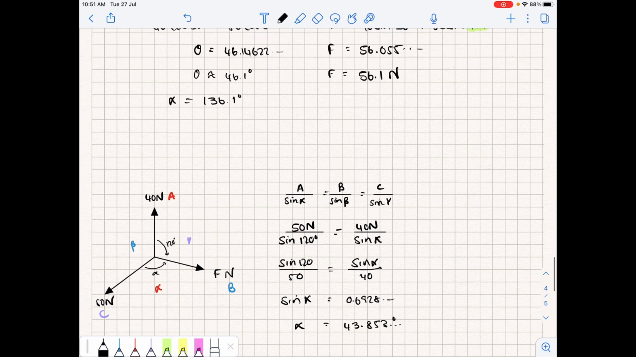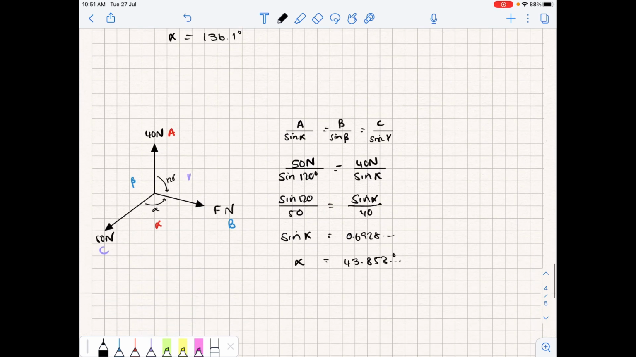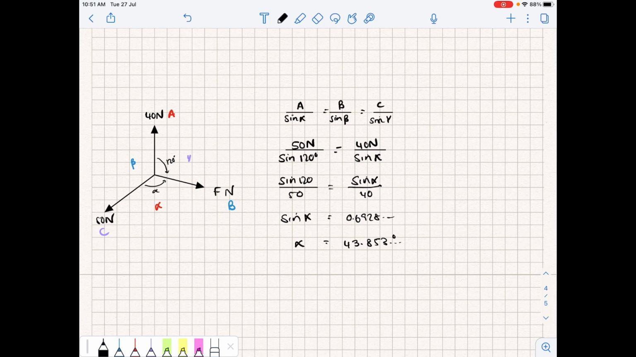Now, in the previous way, you'll notice that we solved alpha by getting 136.1 degrees, but now we're getting 43.85 degrees. So are we doing something wrong? And the answer is no, right? We need to remember where we derived Lami's theorem from, and it came from the fact that it was actually a sine of 180 minus theta, right? And that comes from the fact that